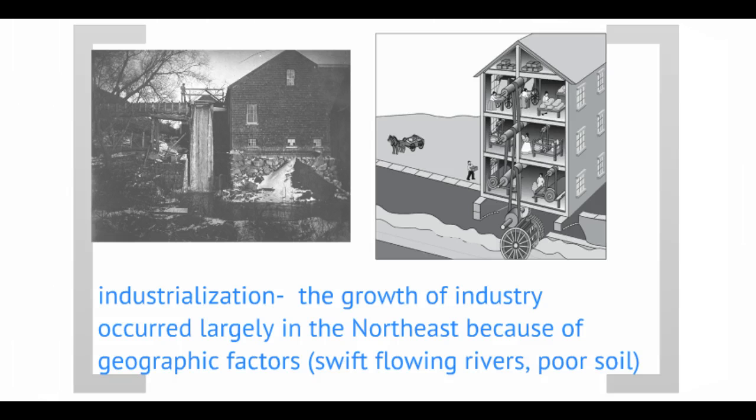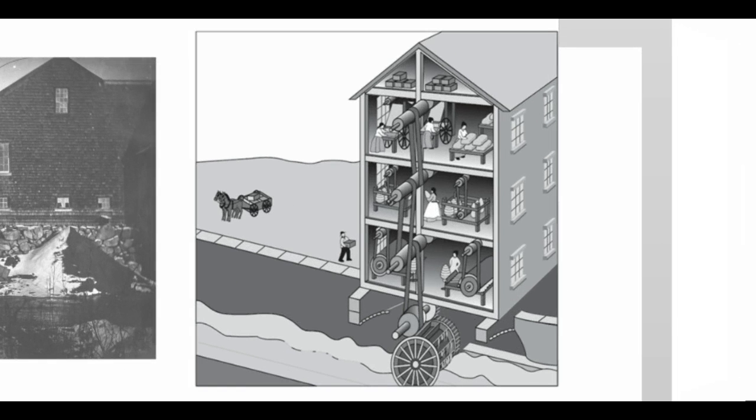On the left, we're looking at a picture of a factory from that time period. On the right is a drawing showing what that factory would have looked like on the inside. The key here we can see is the power source is water, specifically swiftly flowing rivers, which will push the paddle wheel. Let me make this a little bit larger here, which will turn the paddle wheel, which is in the river. So the factory had to be built next to a swiftly flowing river, and then through a combination of gears and pulleys,